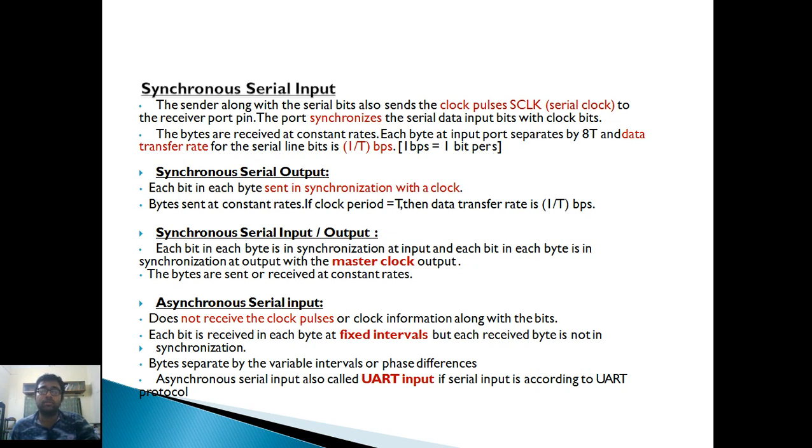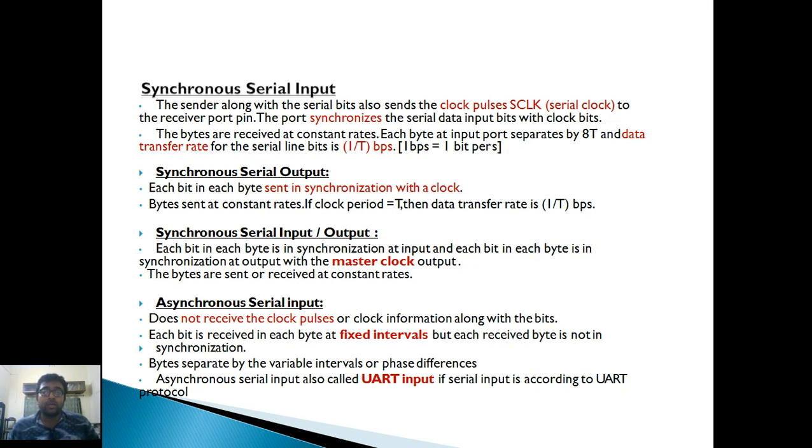Suppose a clock pulse signal has a width of 2 seconds or 5 seconds. Suppose the clock period is 5 seconds, then the data transfer rate will be 1 by 5. Now if the width of the clock signal is 2 seconds or 1 second, then the data transfer rate will be higher, because 1 by 2 is higher than 1 by 5. It means if the pulse width is small or very, very small, then the data transfer rate will get higher in case of synchronous serial input and